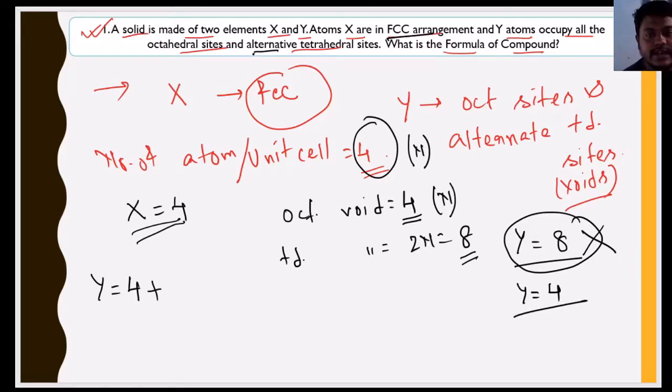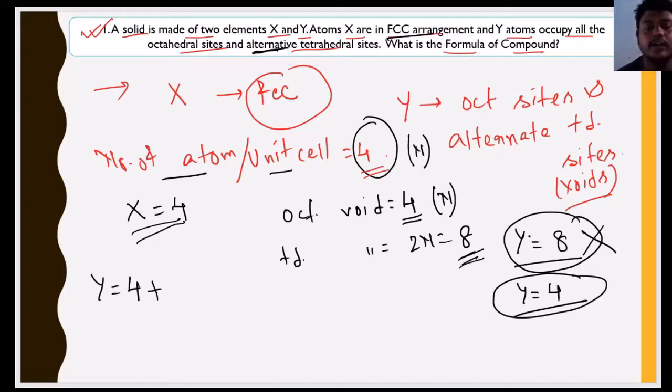The reason is it is in alternative tetrahedral sites। अगर ये खाली लिखा होता at tetrahedral site, then it will be no problem to have the y amount at 8, but here we have the alternative tetrahedral site which is explained। ये 8 के जगह में हम लोग यहाँ पे 4 लिखेंगे, because it occupies the alternative tetrahedral sites। तो यहाँ पे ये चीज बहुत इंपॉर्टेंट है कि पहले नंबर ऑफ एटम्स निकालो, उसके अकॉर्डिंगली ऑक्टाहेड्रल वॉइड कितना हो रहा है, टेट्राहेड्रल वॉइड